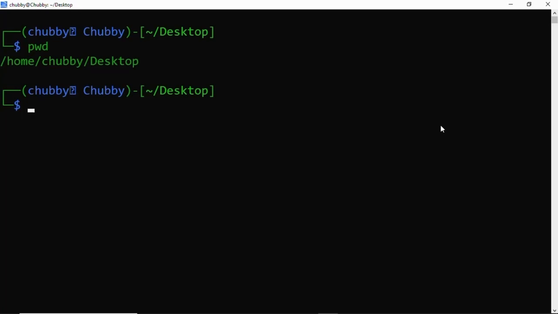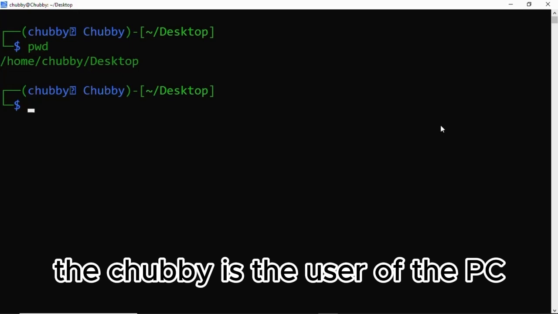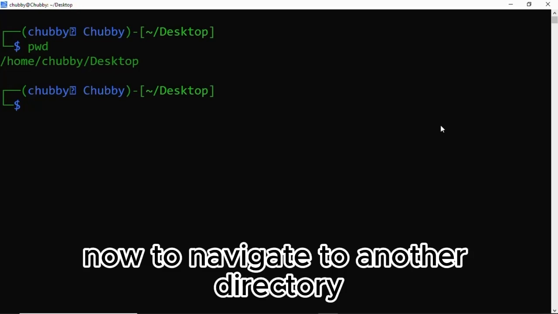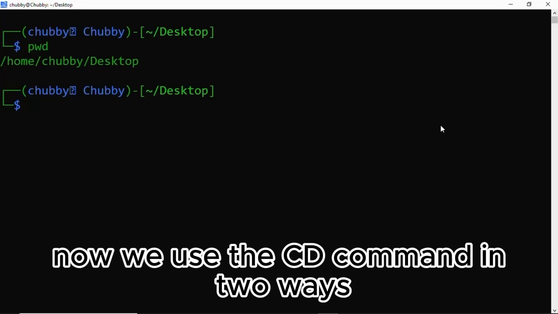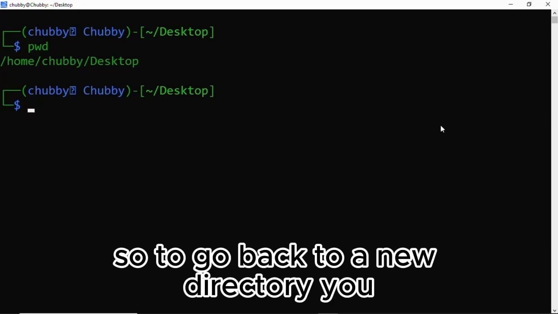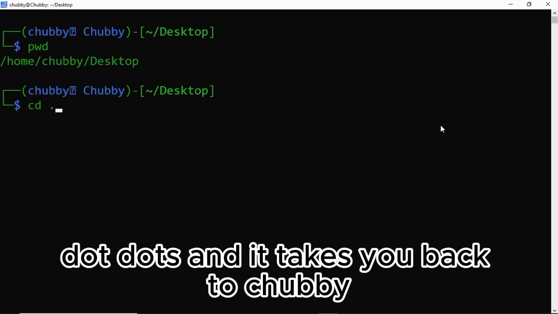in my home, I'm in Shubi, and I'm in desktop. Shubi is the user of the PC, and I'm in his desktop. Now, to navigate to another directory, we use the cd command. We use the cd command in two ways: to go back to a directory or to go to a new directory. So to go back, we type cd .. and it takes you back to